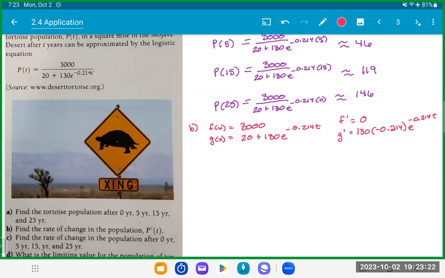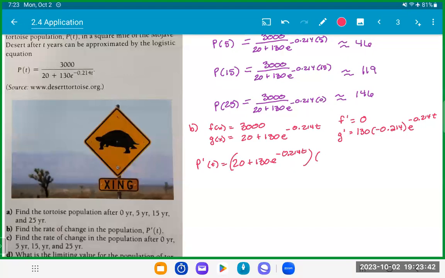Okay? So P prime of t is equal to, that is my g, 20 plus 130 e to the negative 0.214t,